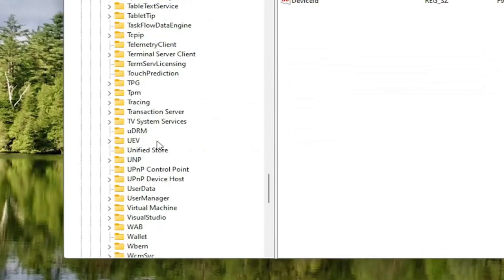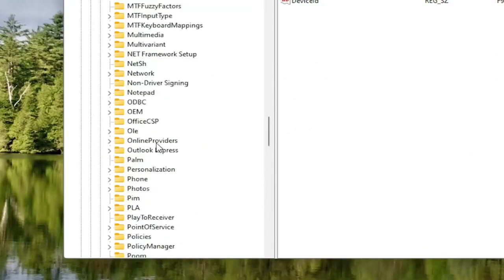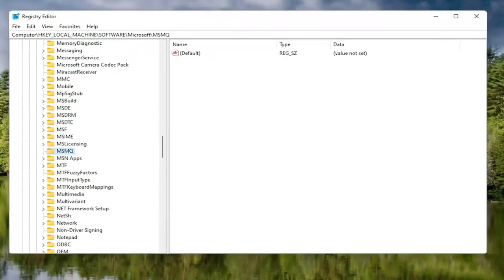And it appears we already have this folder in here. If you did not have the folder in here, you'd have to create it like I just showed you guys. But like I said on the screen, we actually do have the folder in here. So that's how you would create it if you didn't have this value. So anyway, now on the right panel, now that we've selected the MSMQ folder, right click in a blank area,